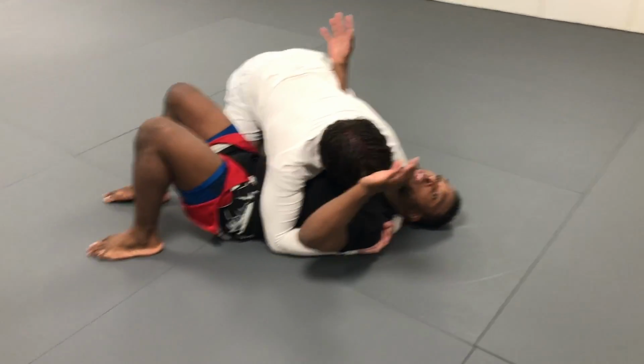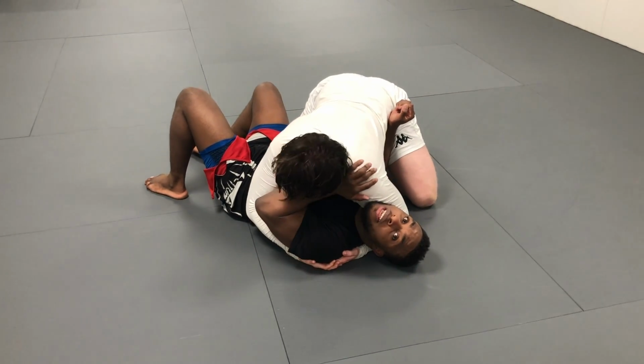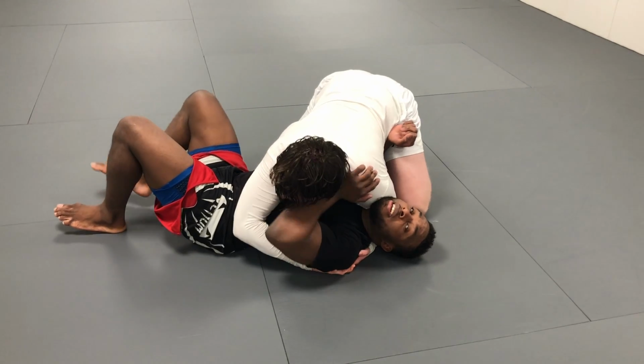It's just like you have to start putting everything together. Sometimes I can't get that, and then I can get this arm in. I can sneak it in sometimes. So you have to react to what the guy's giving you, okay? So if I'm having a hard time getting here, getting this arm,